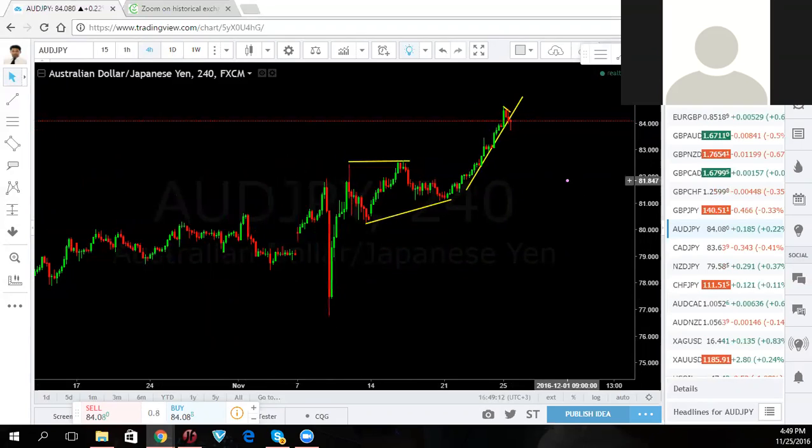This was my first sell. Somewhere in here, when they started to come back, my first sell was somewhere in here. Yep, I think so. And I kept my stop at the top there. That became a loss. My second sell was in this one, right at the top there.